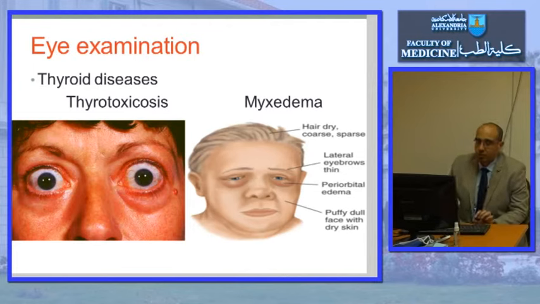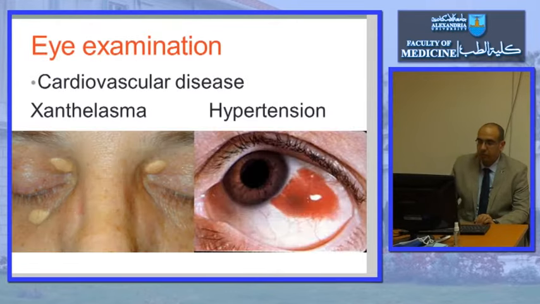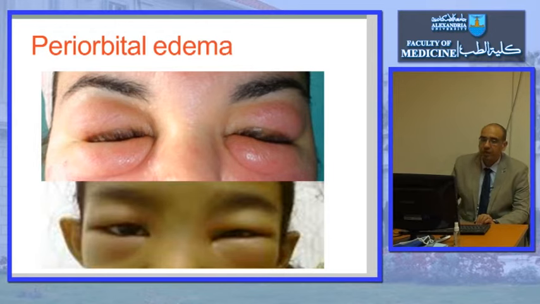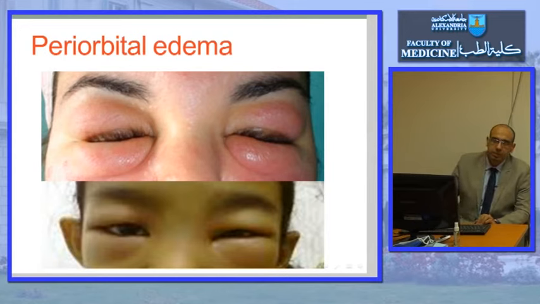Eye examination. This is what is present in thyrotoxicosis, a staring look, and this is in myxedema, there is a puffy face and dry skin. Also, we might find xanthelasma due to accumulation of cholesterol, and we might find subconjunctival hemorrhage as in cases of hypertension. We might find periorbital edema, as we see here. Most important causes of periorbital edema are nephrotic syndrome and renal edema, allergy, and